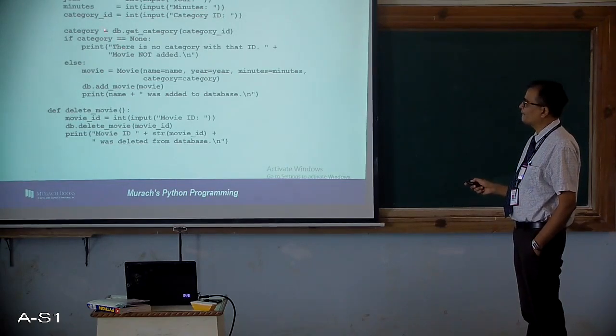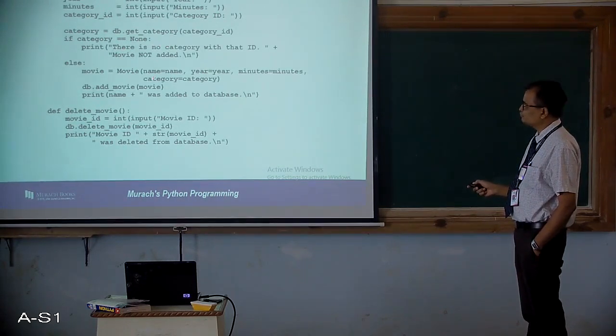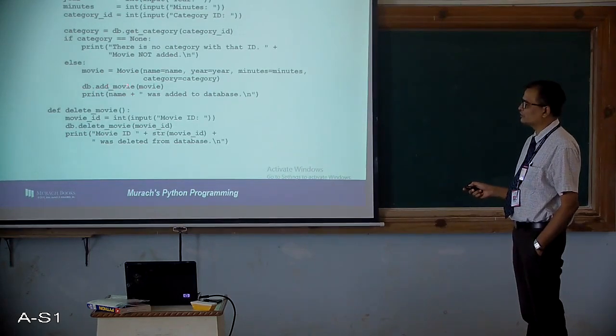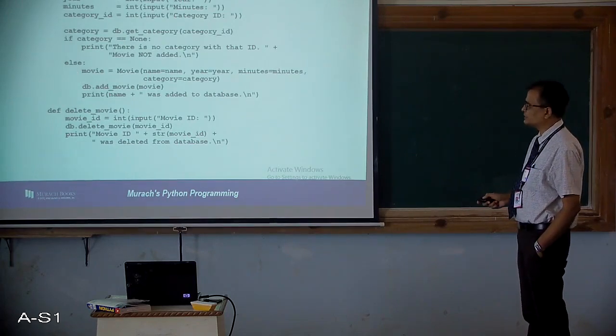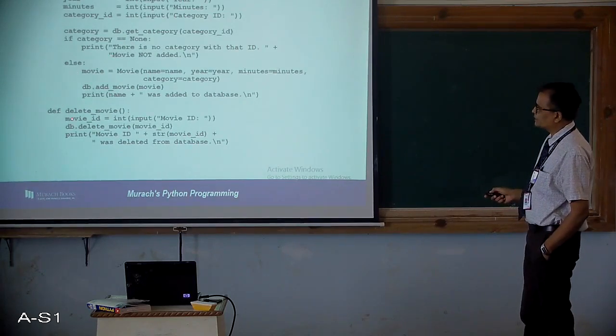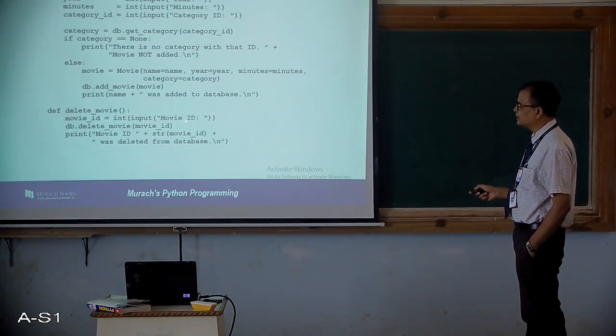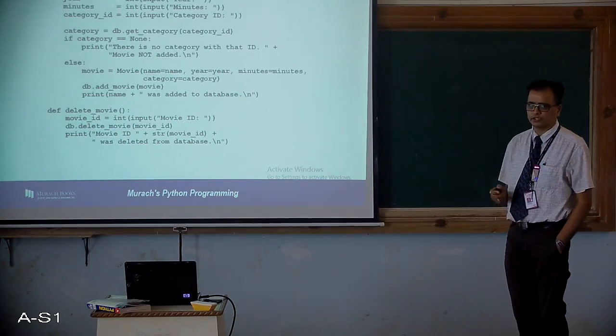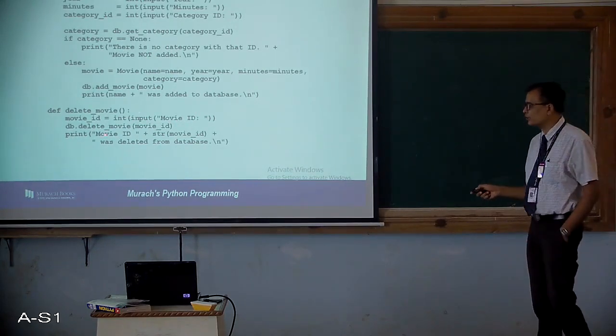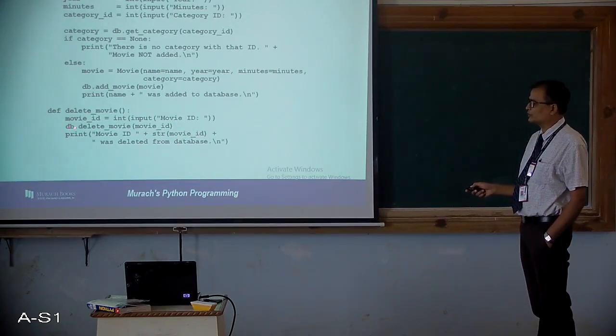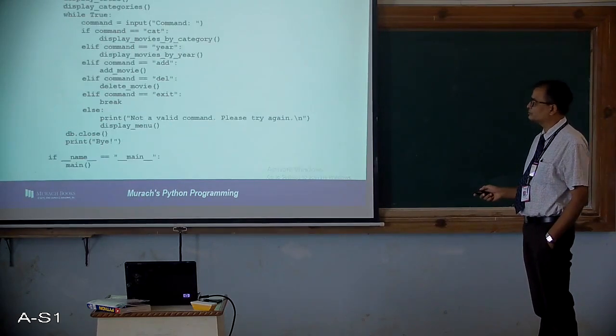Okay, so once this is done, you can add a movie by using the add movie function that you have written in the database tier. That's why we have written db.add movie. So add movie is available in the database tier. Okay, similarly db.delete movie, if you want to delete a particular movie, then you will have to specify which movie ID you want to actually use for deleting a particular row, and you can accordingly call delete movie from the database tier to delete that movie.